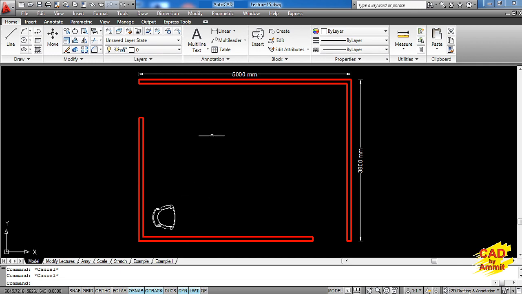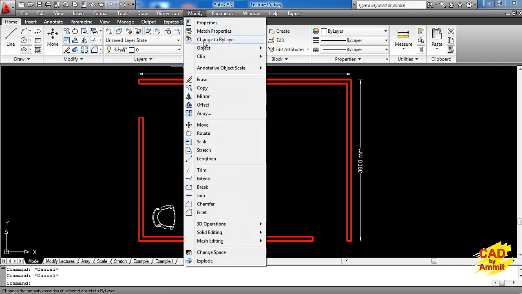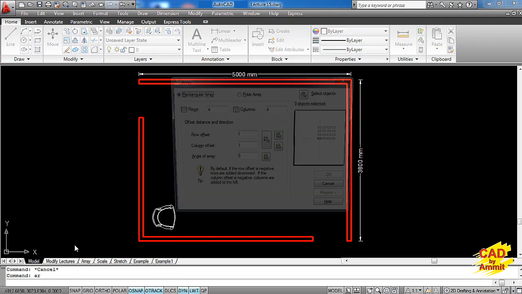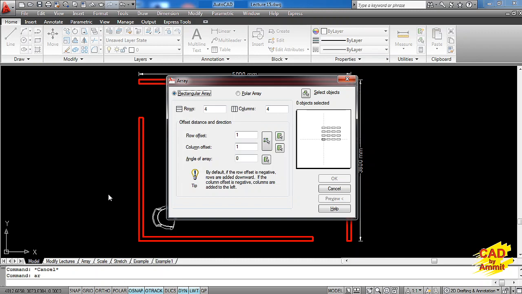So I'll go for an array command. I'll take the command from modify. I can click over here. Otherwise, I can take the command from ribbon toolbar by clicking on the modify panel over here. Otherwise, I can simply type down its shortcut AR. So as I type down AR, I enter into the array command.